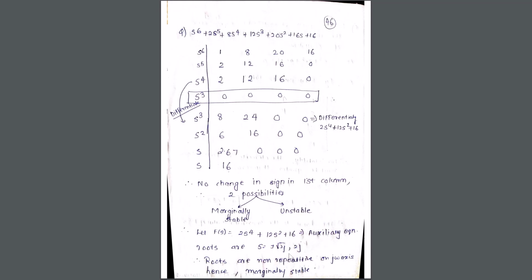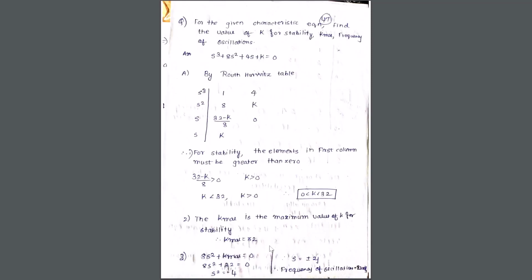Solve it. If you are getting non-repetitive terms on the j omega axis, such as plus root 2j, minus root 2j, 2j, minus 2j, they are all non-repetitive, right? They are all unique. Hence, my equation becomes marginally stable. Had there been solutions like plus or minus root 2j, plus or minus root 2j 2 times, then there would have been repetitive terms on the j omega axis and it would have been unstable. I hope I'm very clear. Don't worry, again we'll have a summary of it at the end of the lecture, so don't worry.